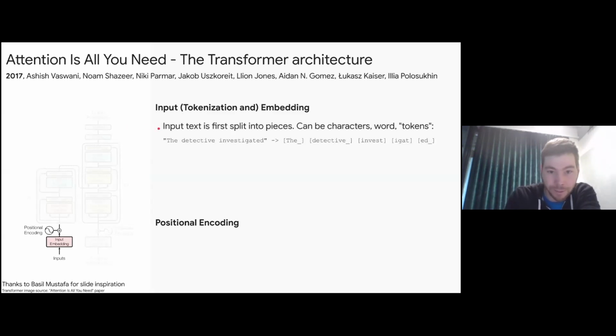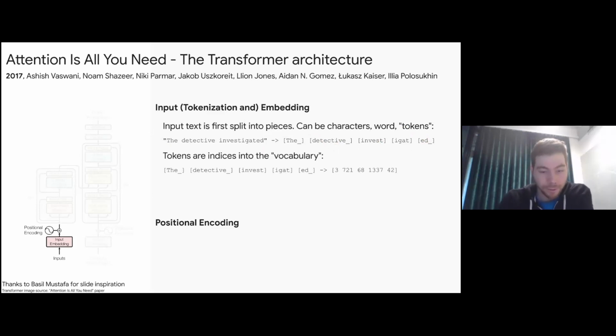First of all, we have this example text that we want to translate: The detective investigated. First thing is tokenization, which means cutting the text into pieces. There are many different ways of tokenizing, all with their pros and cons. You could think of cutting it into words, but some languages don't have clearly separated words, so there are cons. The fanciest, latest tokenization ways that work best split it into word pieces that maybe cover more than a word, less than a word. So here I just take this example. This is cut into the, detective, invest, egate, and ed. So this sentence is cut into 5 tokens in my arbitrary example.